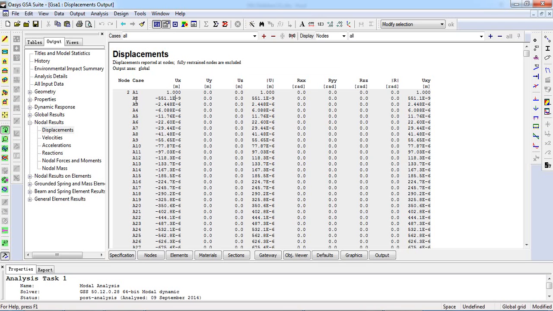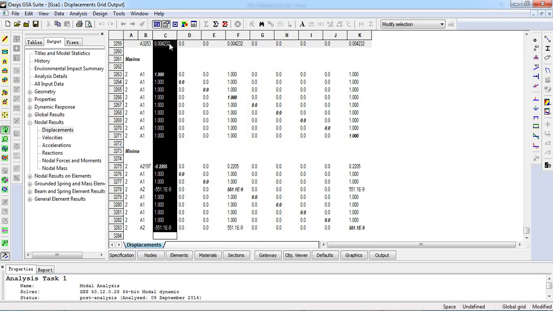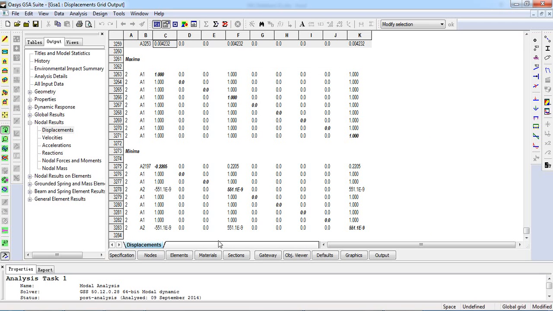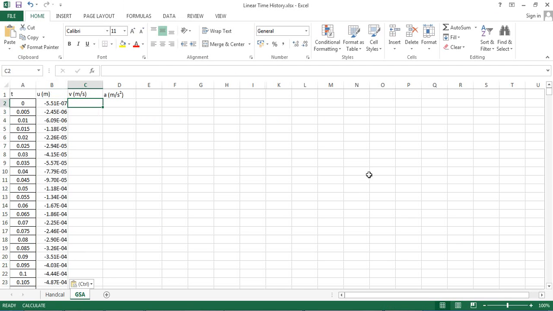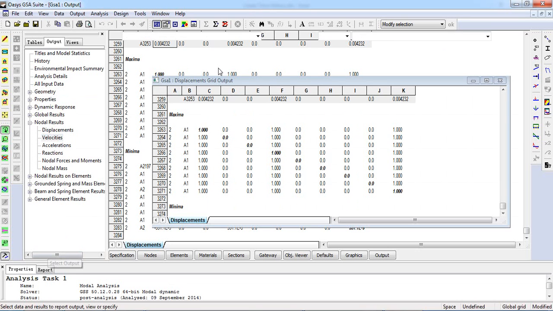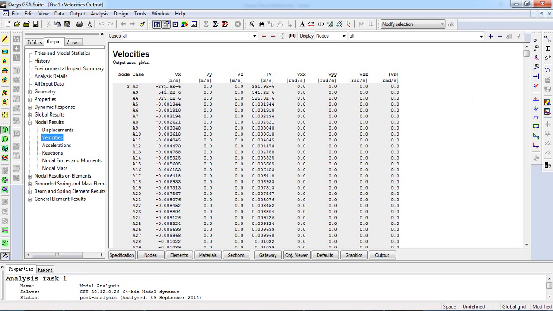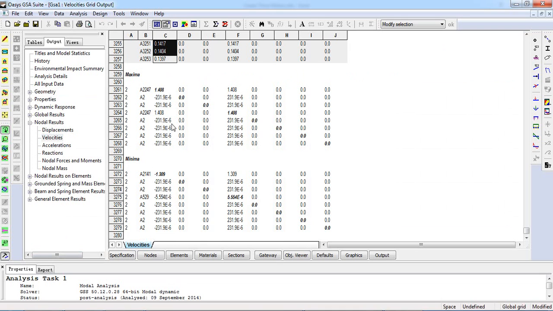Okay, so let's press Ctrl Alt G, change it to the Excel form, and select them all. Copy, and let's paste here. And for the velocities, we still use Ctrl Alt G and copy them to the